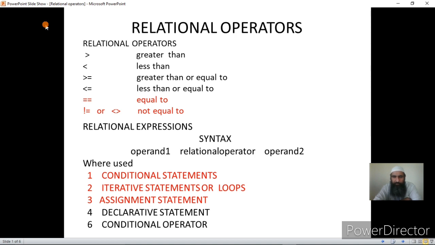Based on the function, the different types of operators are arithmetic operators, relational operators, logical operators, increment and decrement operators, conditional operator, assignment operator, and some special operators. We have already discussed assignment operator and arithmetic operator.